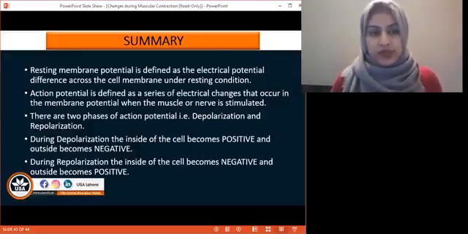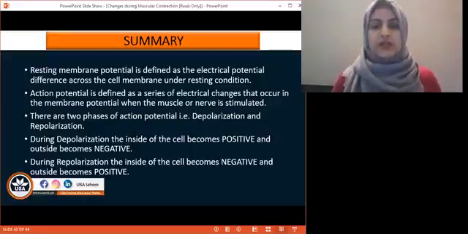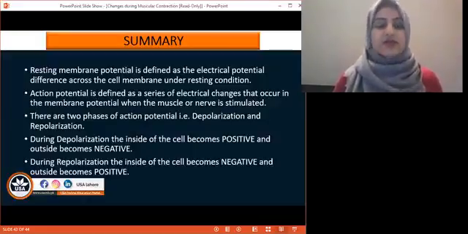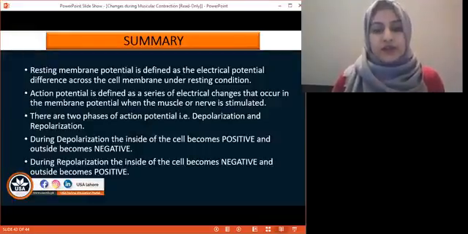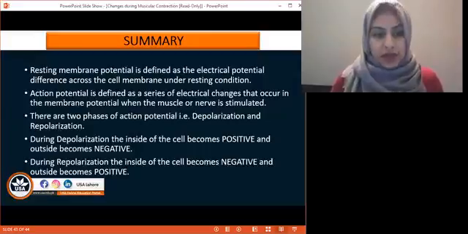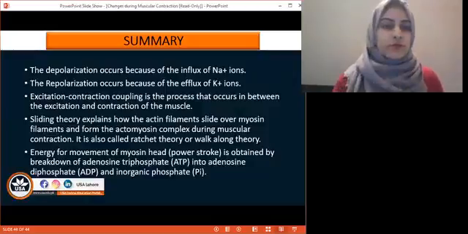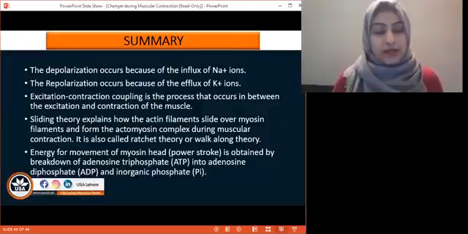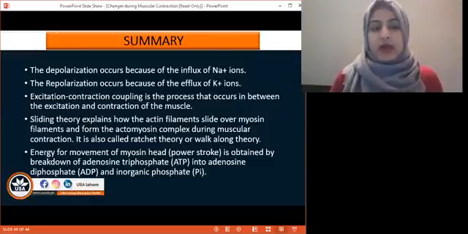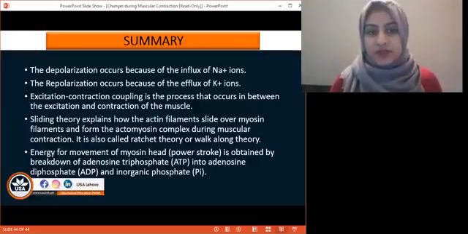During depolarization, the muscle contracts, the inside of the cell becomes positive and the outside becomes negative. During repolarization, the inside of the cell becomes negative and the outside becomes positive. Depolarization occurs because of the influx of sodium ions, and repolarization occurs because of the efflux of potassium ions. Then we discussed excitation contraction coupling, which is the whole process